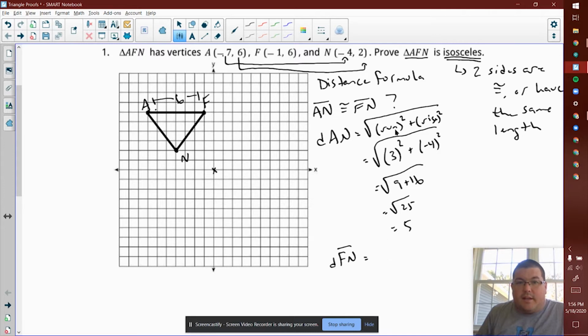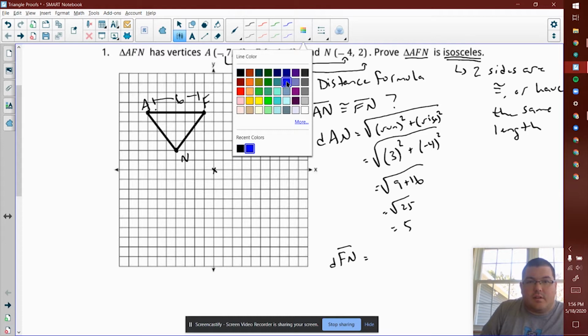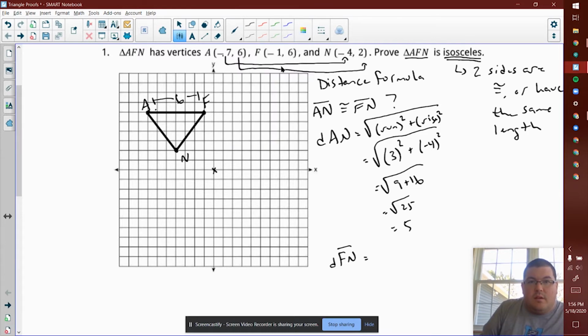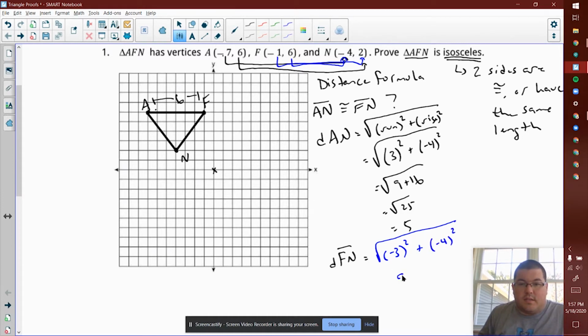Again, let's think about the rise and the run. Let me grab a different color here to distinguish what's going on. So from F to N, from -1 to -4, our run is -3. The rise from 6 to 2 is actually identical to the first one. And so you can see right away that we're going to end up with the distance of FN